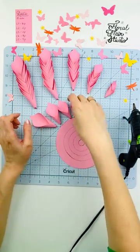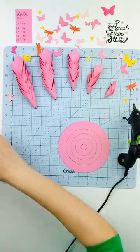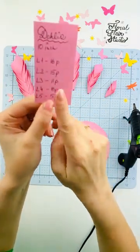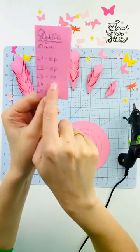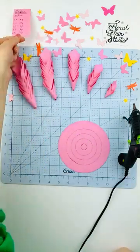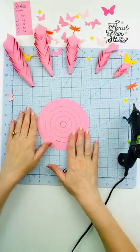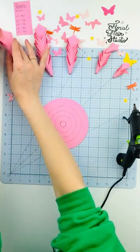Alright, so now I am ready to assemble my flower. I'm going to set these petals aside as I've already pre-cut and just numbered all the petals. So there's going to be 5 layers. Layer 1 is going to have 16 petals, layer 2 15, layer 3 is going to have 11, layer 4 8 petals, and layer 5 5 petals. Right off the bat, because my flowers are handmade, the number of petals can be off by 1 or 2,